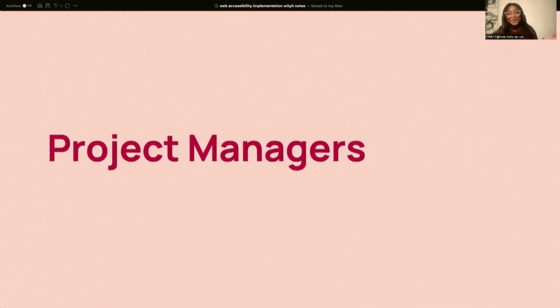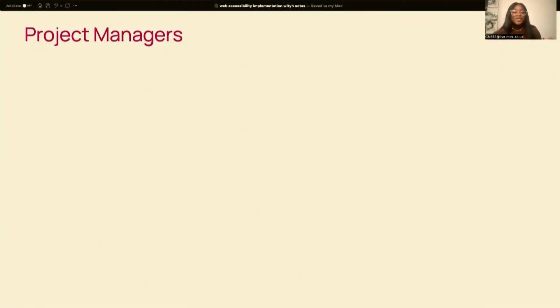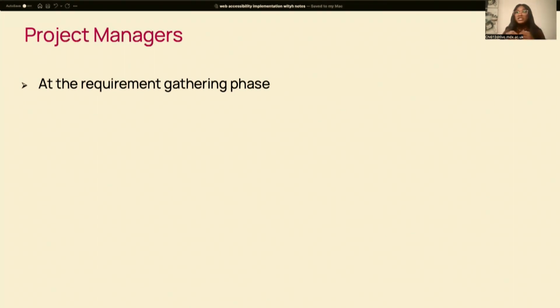So we're going to go over to the next set of people, and that is the project managers, the people we love, the ones that disturb us all the time. So how can project managers implement accessibility? Now, the first is at the requirement gathering phase. Project managers should